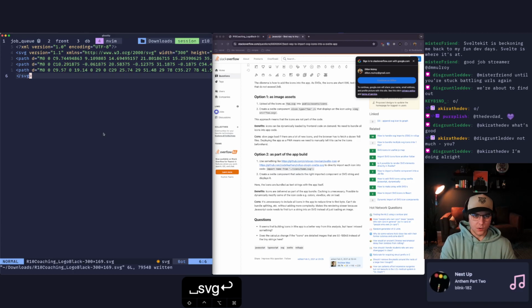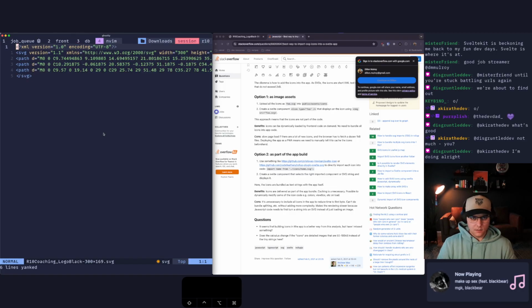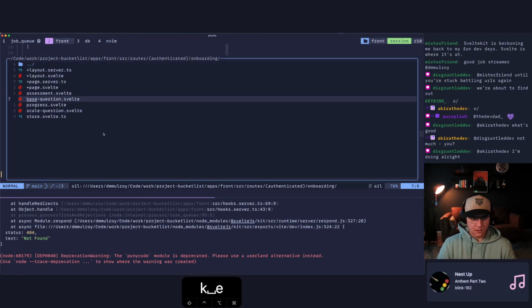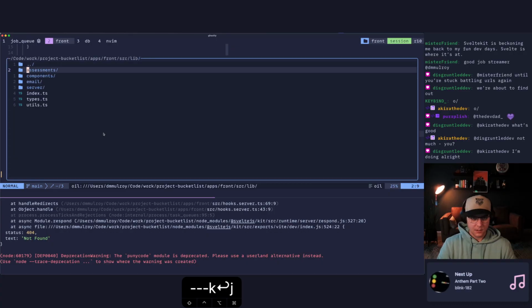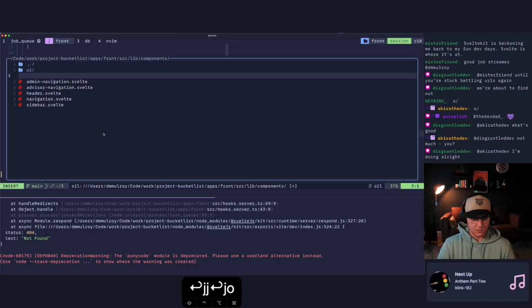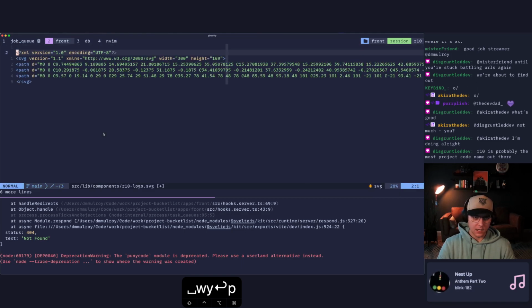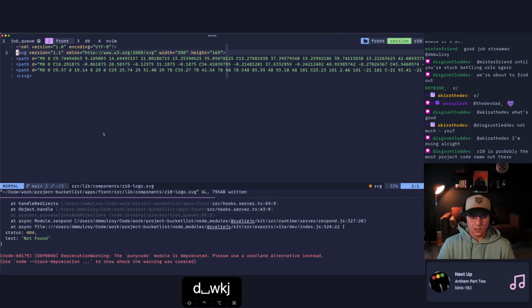All right, we're just gonna import it. Great. So let's yoink this, and we're gonna go to front, make this bigger, and we're gonna go into lib components, and we're gonna do r10-logo.svg, save that, go in there, paste that in there, and